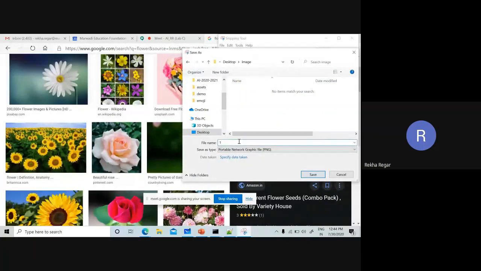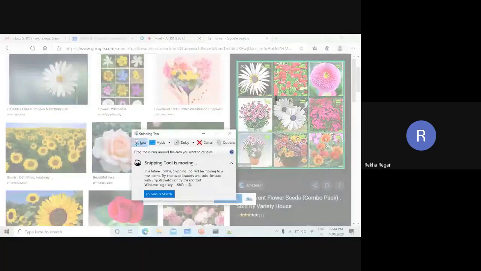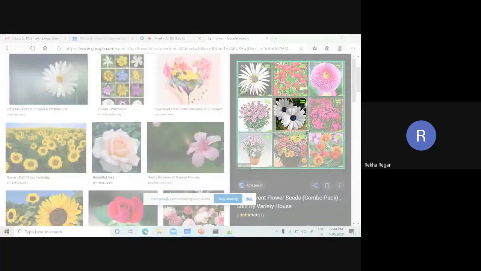The first image I am going to take is like this one, and you can see the format for the image is PNG. Now like this, I am going to add some more images. So this is the second image.